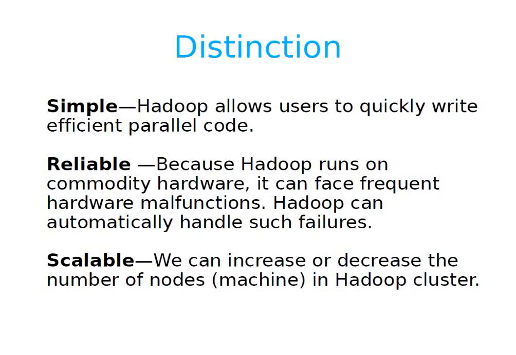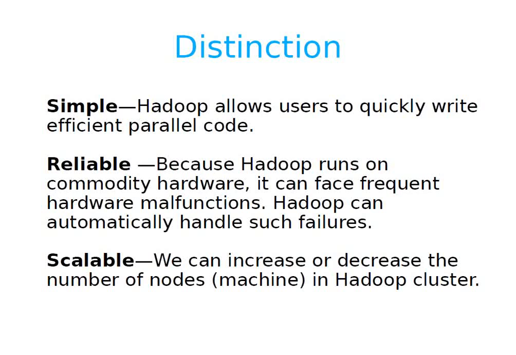Next feature is reliability. As we are running Hadoop on commodity hardware, simple machines, our PC or laptops, it may be possible that sometimes our system may fail. But there is nothing to worry, as we have explained earlier, that if the processing fails on one machine, Hadoop will automatically detect that and reschedule that processing on any other available machine, which may contain your duplicate data. So ultimately, as a user, we need not worry about that, and Hadoop can automatically handle such types of failures. So that was about reliability. We can fully rely upon Hadoop for taking care of such things.